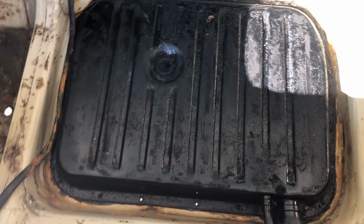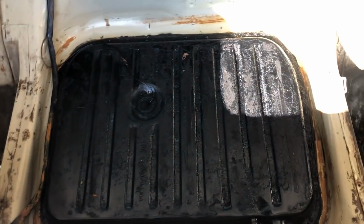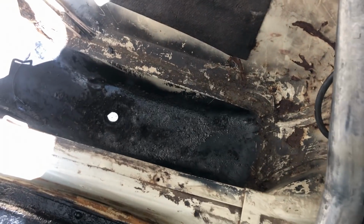But I went over it with a wire brush, removed all the loose scale, and then sprayed it over. It's still the original Volvo tank. The sending unit works. It's just about a quarter tank right now. And down here is the other butt cheek, also sprayed with some of the Stop Rust paint from Rust-Oleum, and